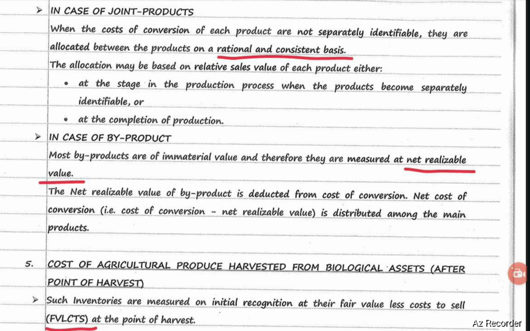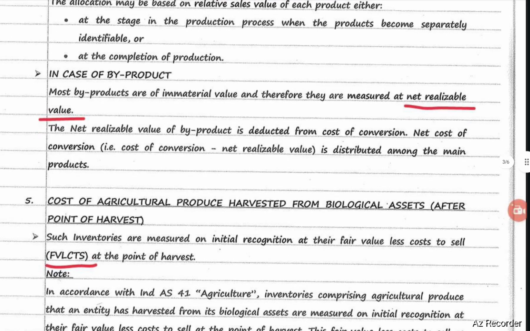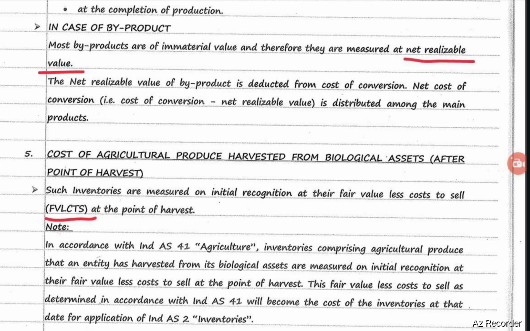Allocation may be based on the relative sales value of each product, either at the stage in the production process when the products become separately identifiable, that is at the separation stage, or at the completion of production. So the allocation will be made based on the relative sales value of each product, either at the separation stage or at the completion stage. In case of byproducts, most of the byproducts are of immaterial value and therefore they are measured at net